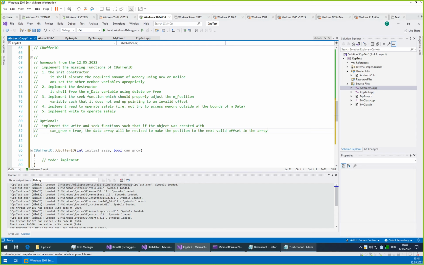And the next optional thing, optional 2, will be that whenever you resize the array, you will resize it by more than what is needed, such that if you write single characters to your array, you don't need to resize it each time.